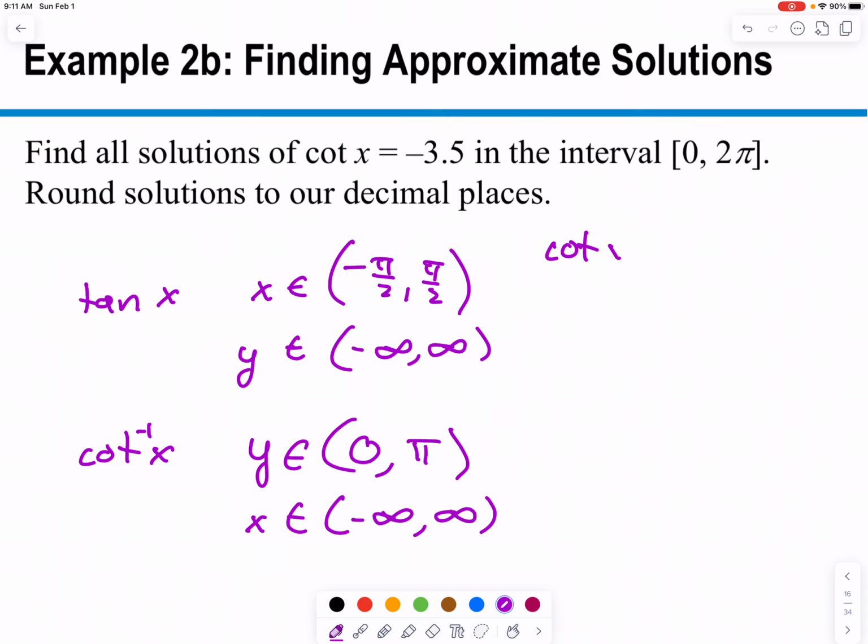So cotan of x should be tan of, in this case, pi over 2 minus x. Cofunction property. And we want arccotan. So tan of pi over 2 minus x should equal